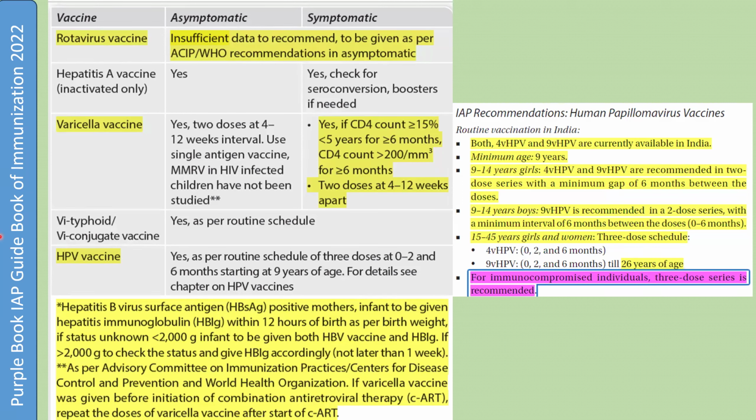Something else I wanted to tell you. What was it? Varicella vaccine, typhoid, HPV. I think this is the point which I wanted to make. This ACIP is the American Committee on Immunization Practices, I think. ACVIP is the Indian one. Therefore, they are quoting ACIP for the recommendations. All right. Now,